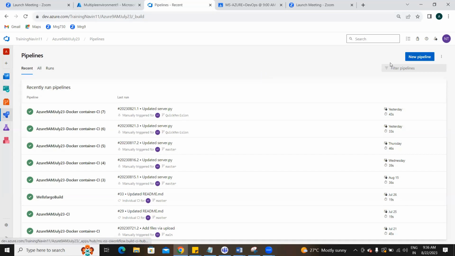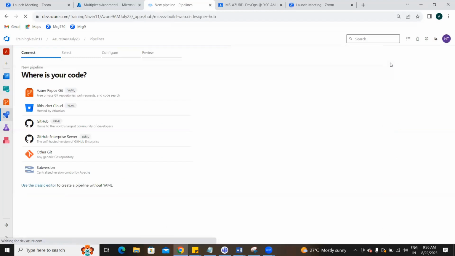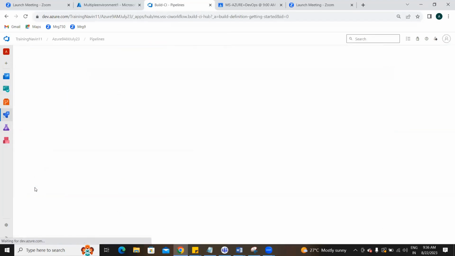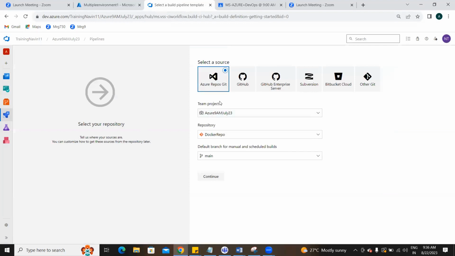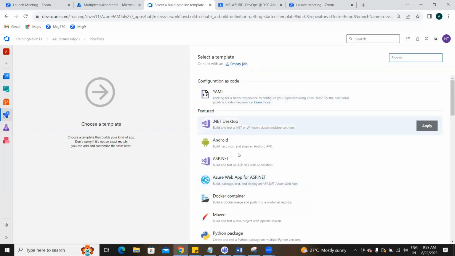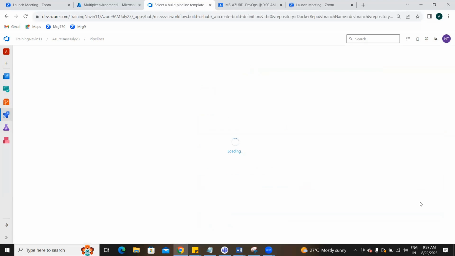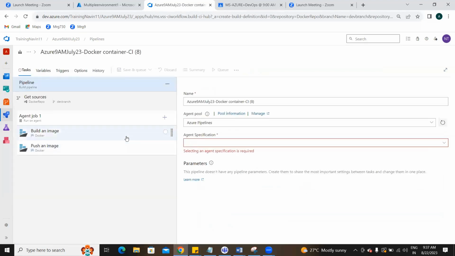I'll go with the new pipeline. Let me go to the classic editor. Okay. Repo, where is my file here? Docker repo. My file would be in which branch? Where is the dev branch? Here, right? Dev branch. I'll go with continue. Docker container. Okay, build an image.